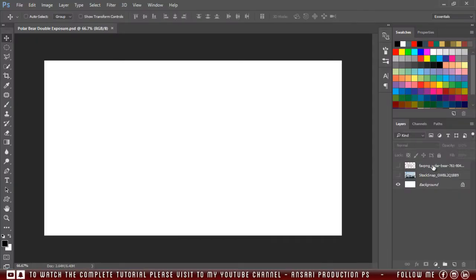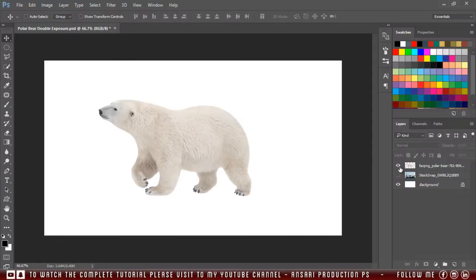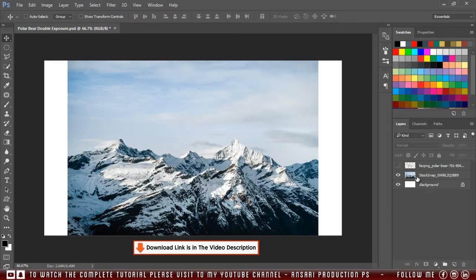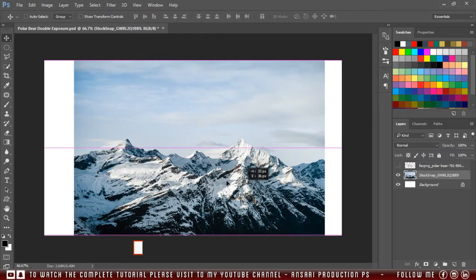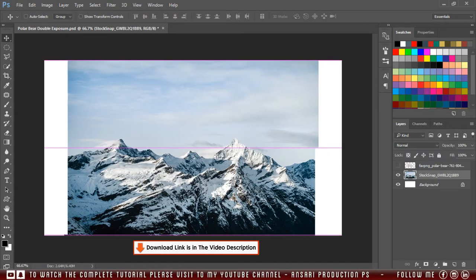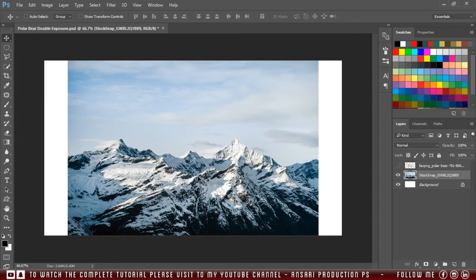So to make this double exposure we need only these two images. One polar bear and one mountain image, but you can also use your own images. This is a very simple and easy double exposure tutorial, especially for beginners, but I will also share some advanced